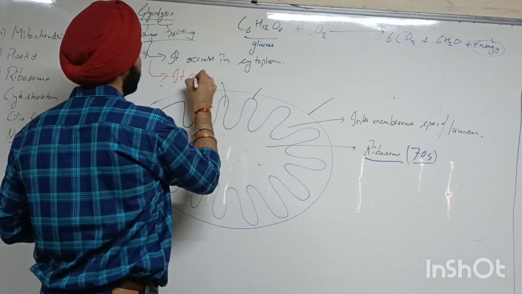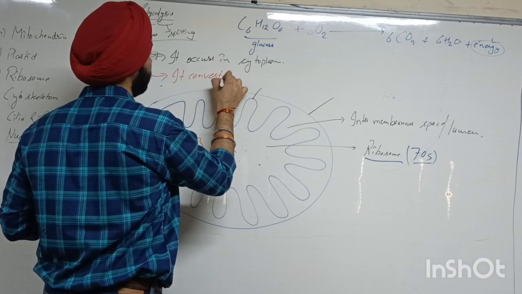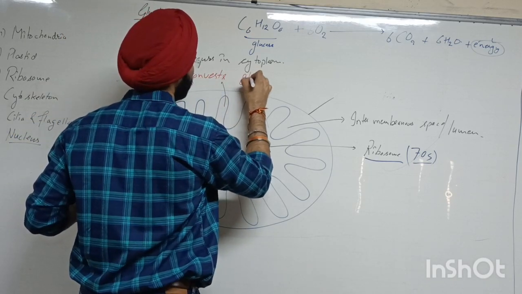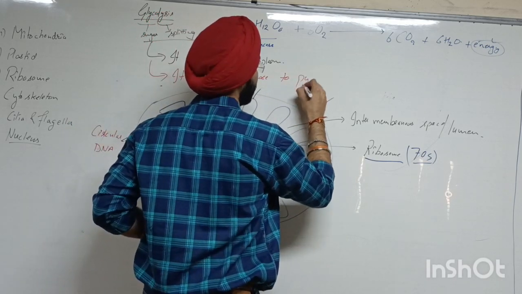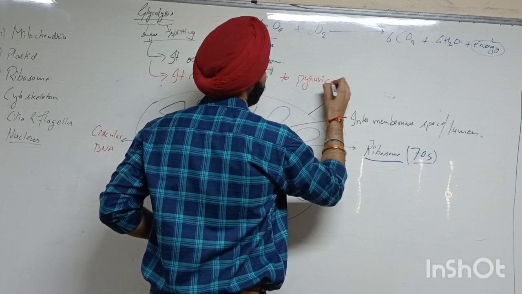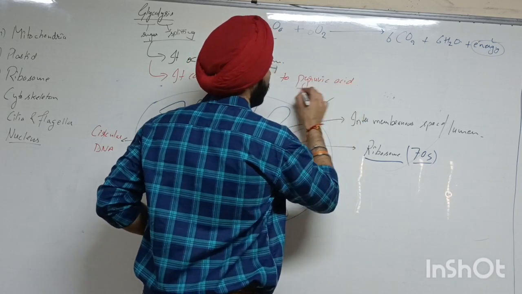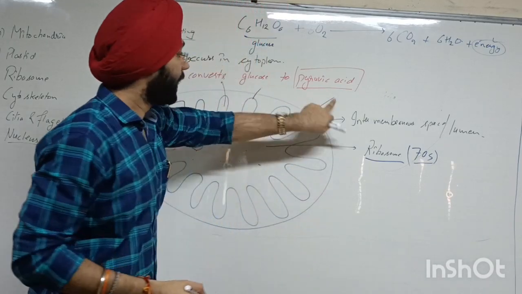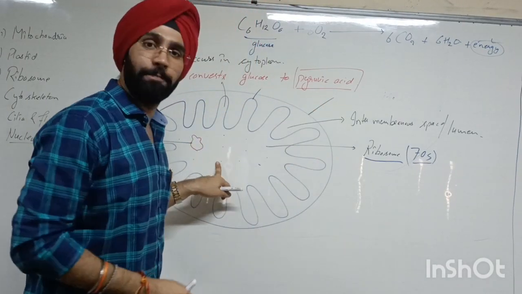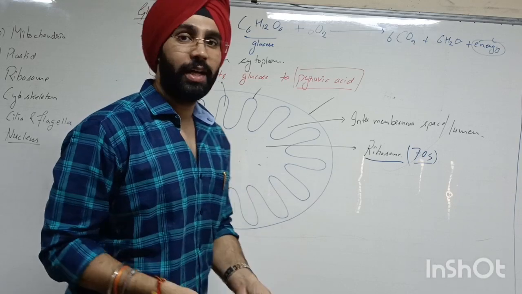It converts glucose to pyruvic acid. So again this pyruvic acid comes into play, and this gets translocated inside the mitochondria, and after that aerobic